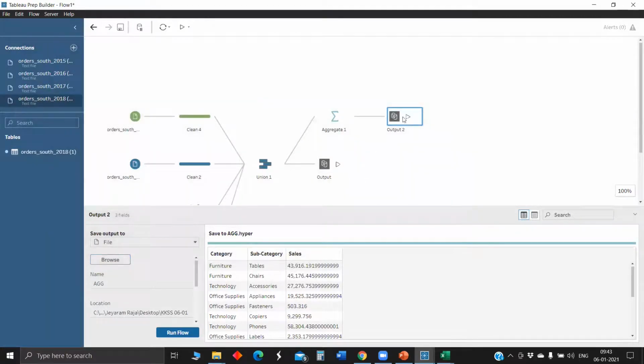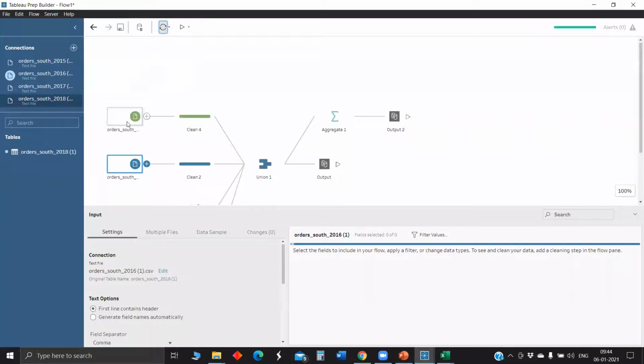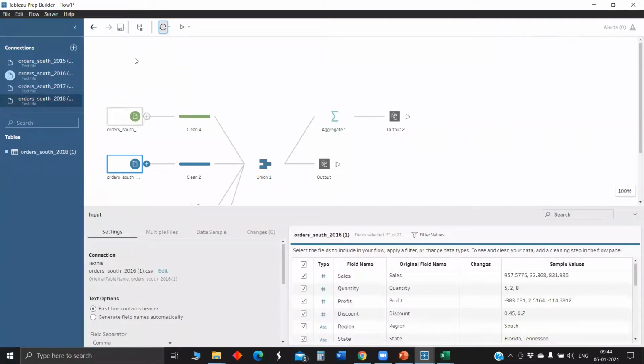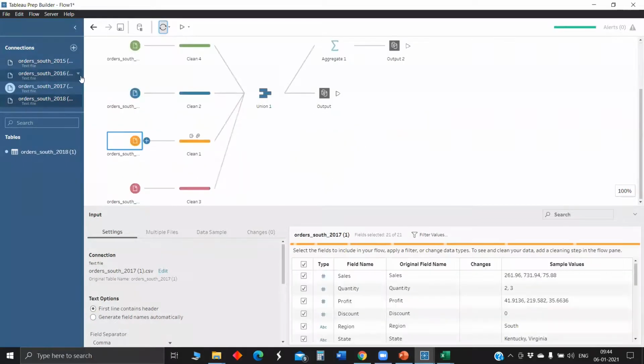For each output you have to run separately. In case you'd like to refresh the data sources you have mentioned here, instead of going and refreshing individually, you can just click the refresh button here, so all will get refreshed at a time. But in the case of outputs, you have to select each individual output and run it. We don't have any feature for all outputs in one go.